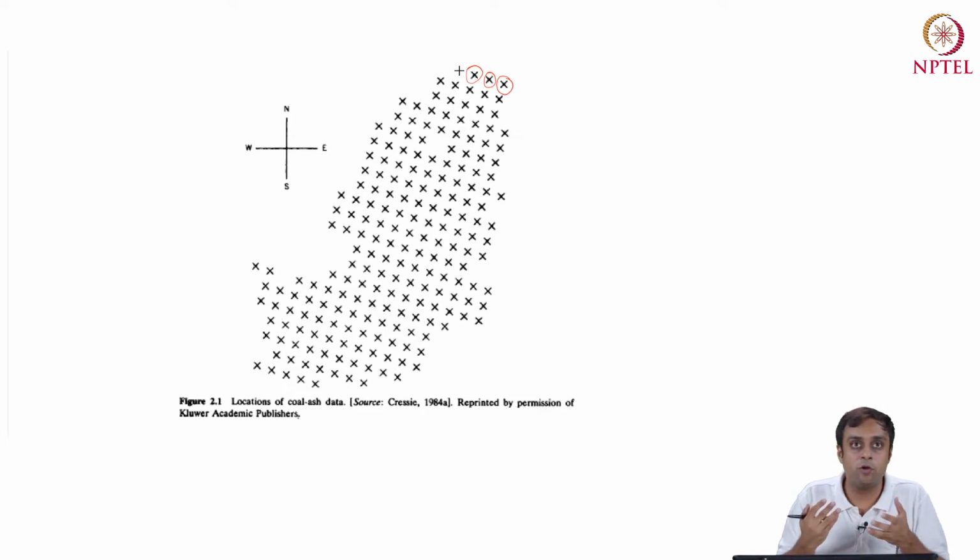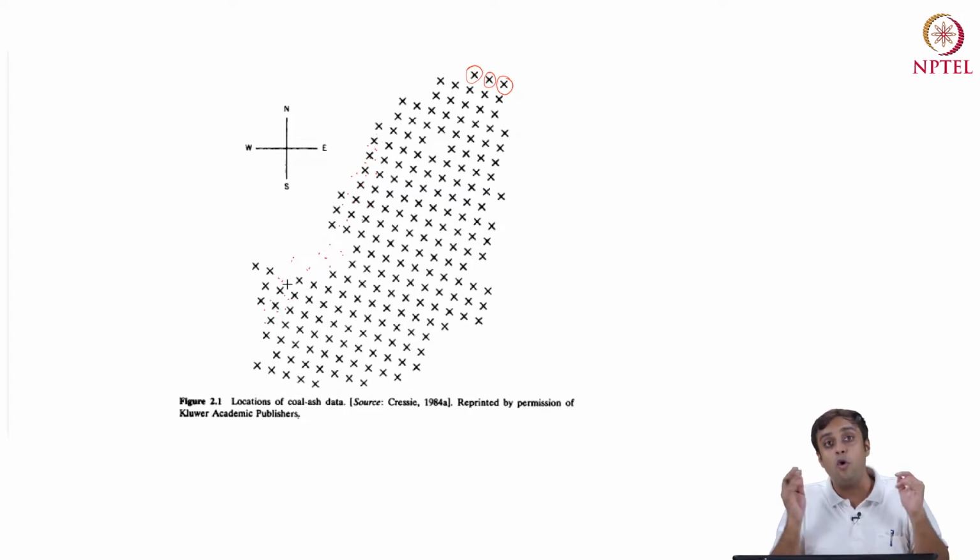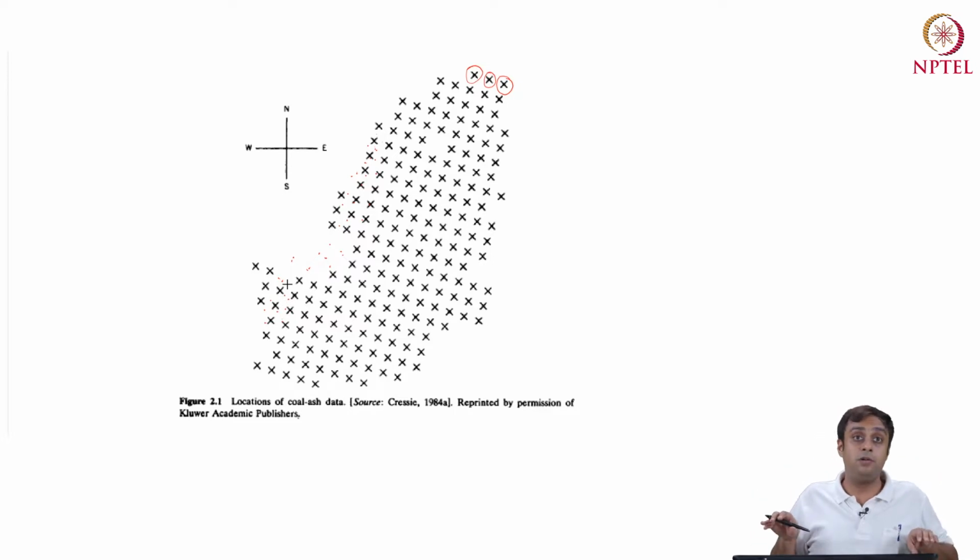Now, the first thing that we notice here is that we cannot get a sample of every location in space. That is to say that we cannot be digging holes at every location in space, right? We can only dig these holes at locations where we see these crosses, right? So we only know what's happening beneath the ground at locations where we see these crosses. Everywhere else, where we have not cored or sampled, we are still blind to it, right?